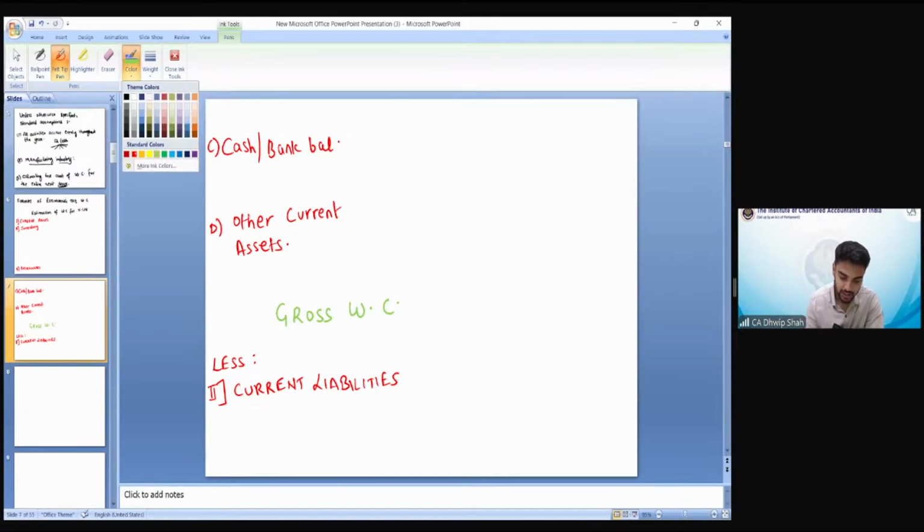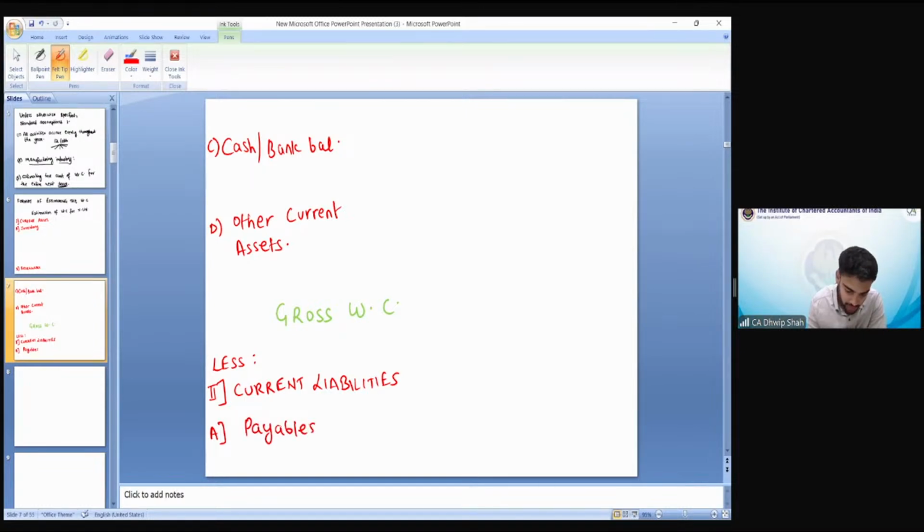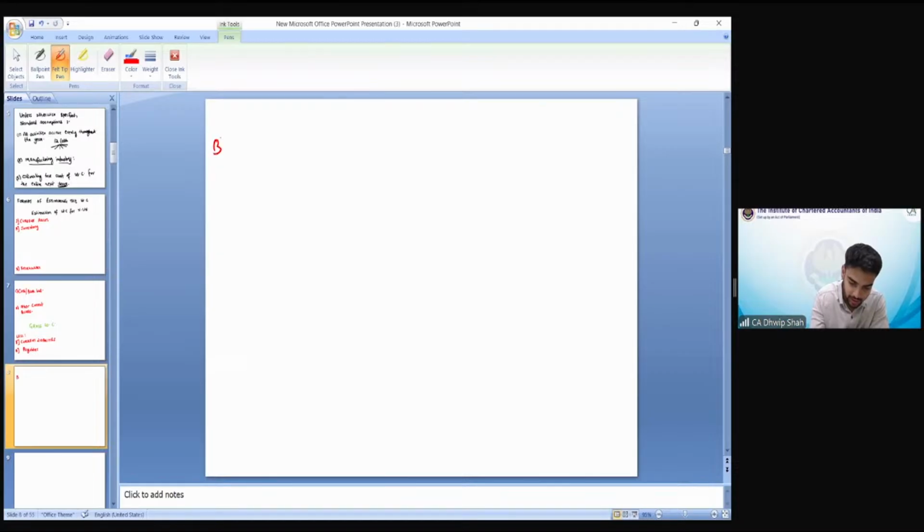Likewise, we have current liabilities. So the major current liabilities are payables, you can say creditors, and other than that you have other current liabilities, which include outstanding expenses, which may include bank OD, etc. From gross working capital we subtract current liabilities, then we get the excess of current assets